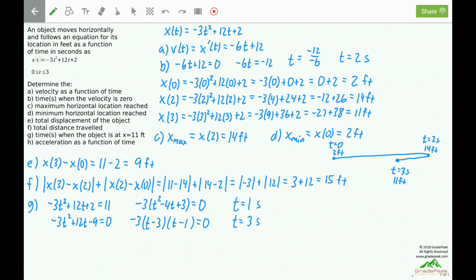Now part H, we want to find the acceleration as a function of time. The acceleration as a function of time is the derivative of the velocity as a function of time, and therefore the second derivative of the position as a function of time. Now we have the velocity as a function of time back in part A. We're going to take the derivative of that. The first term is a constant times t. The derivative will be the constant. And the second term is a constant with no t. The derivative will be a 0. So there's our acceleration as a function of time. It'll be a negative 6